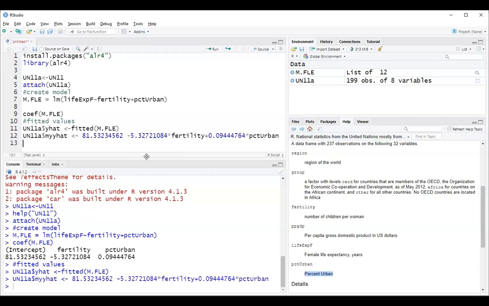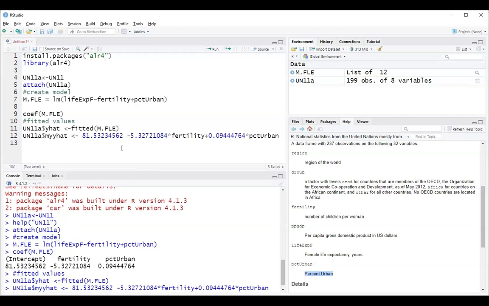And it creates those there. Now what I'm going to have here then is I want to check and see whether or not what I did using the equation matches what R is doing with this black box function called fitted. So I'm going to go ahead and make another variable, 11a, and I'm going to call this D for the difference between the two. And so what I'm going to have here then is I'm going to take this y hat value that R gave me, put it in here, and I'm going to subtract the value that I found